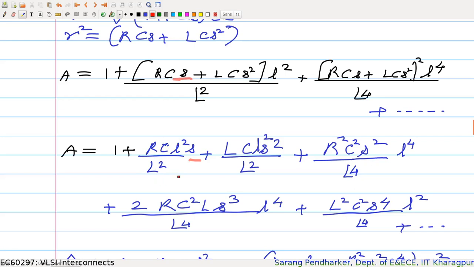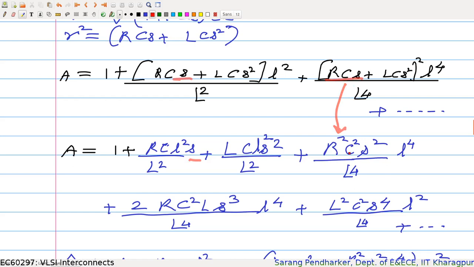This comes out in my expression. Then there is another term of LC L square by factorial 2, and that is multiplied by s square. This is also familiar. We also got this term in my equivalent Elmore model. But now when I do the expansion of this second term in here, I would have R square C square S square. So if I do an expansion of this term here, this term would give me